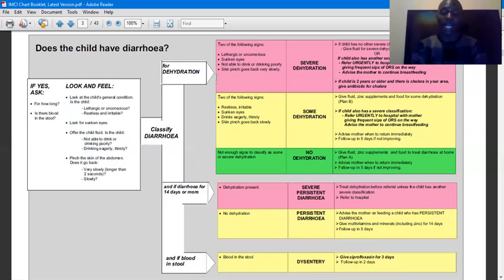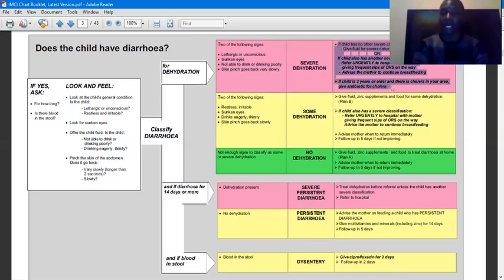organized through the pink row, the yellow row, as well as the green row. So in the pink row, it says if the child presents with any 2 of the 4 signs mentioned in this row, you should classify the child as having severe dehydration and give the appropriate treatment as stated